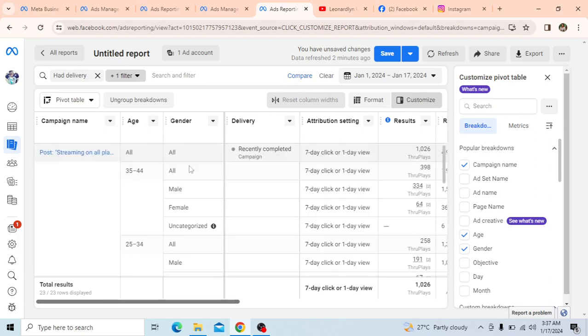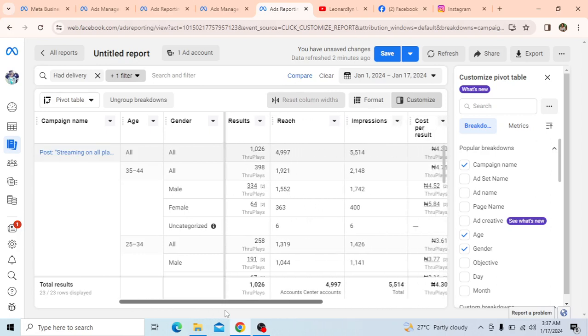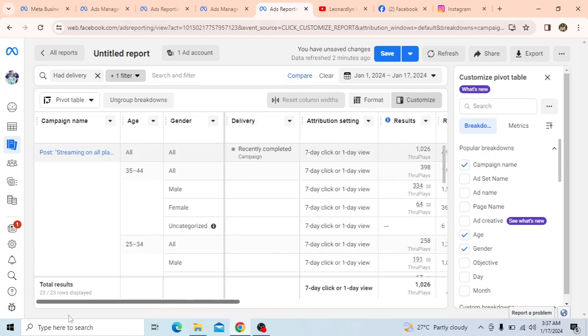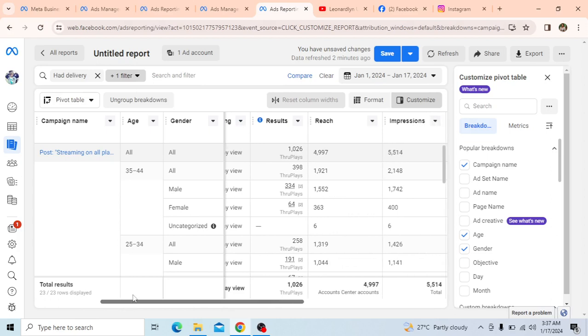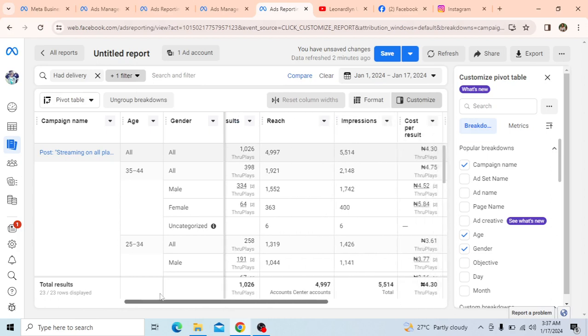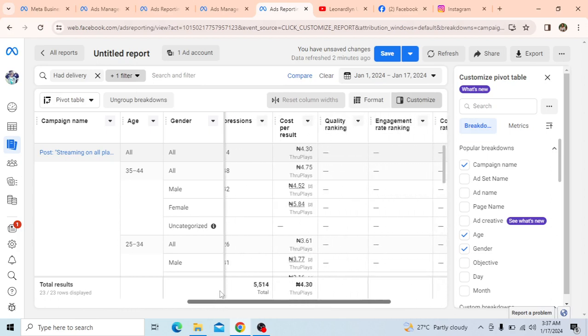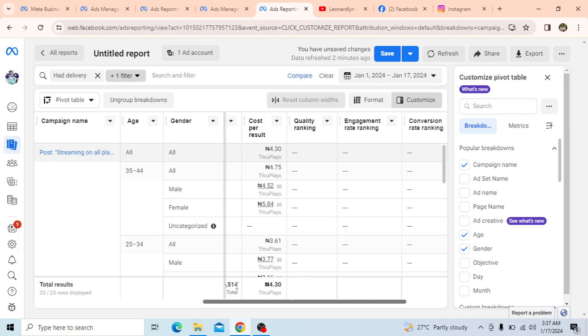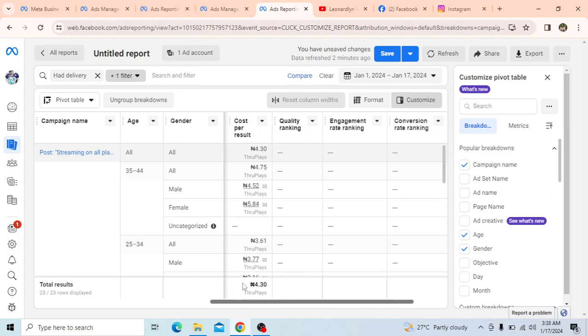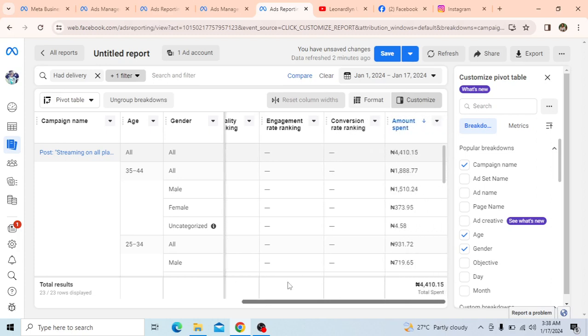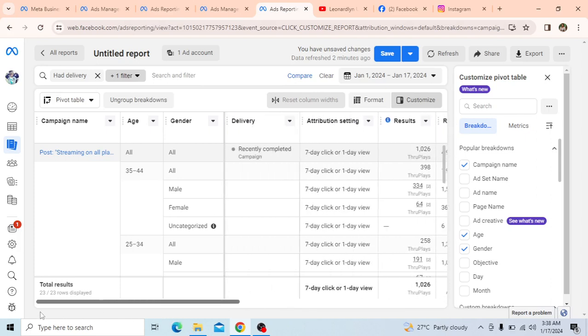There's another thing you want to know. You can also add some columns here. Now this column, we have delivery, attribution settings, and you can remove some too if you want. Result, reach, impression, cost per result, quality ranking. You can remove whatever column at all. Engagement rate ranking, conversation ranking, amount spent, and the rest of it. You can remove and replace. Okay. Alright, so